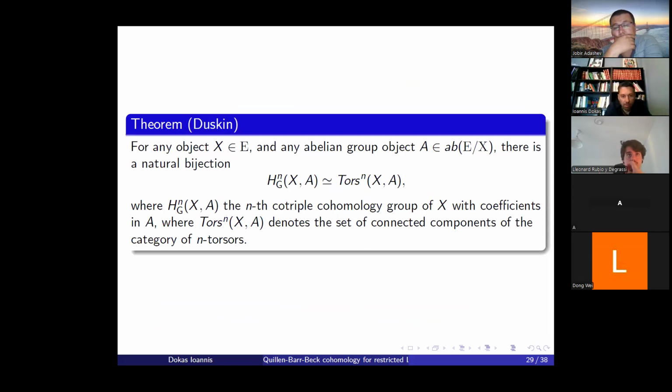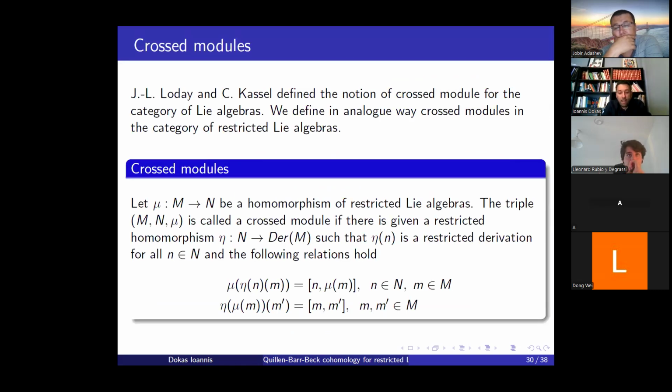So let me go on with crossed modules. As I was saying, in order to study two torsors, I would need this notion of crossed modules. And I knew that it exists in the category of Lie algebras, so we can define by analogy the notion of crossed module for the category of restricted Lie algebras. So that would be triples like this, where M and N are restricted Lie algebras, mu is a homomorphism of restricted Lie algebras. We have an action of N by derivations on M, so that's why there is this eta here. And such that these two conditions hold. Somebody who is familiar with this notion for Lie algebras will realize that this is completely analogous. And what is important with that is that we prove, as for the case of Lie algebras, that the category of crossed modules